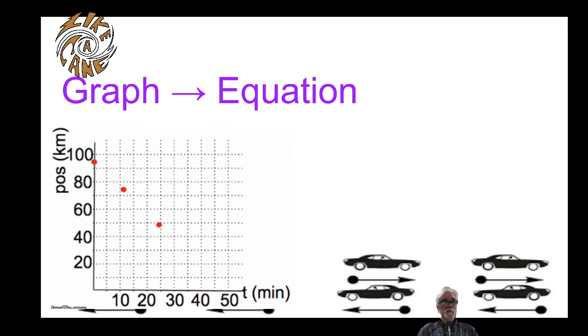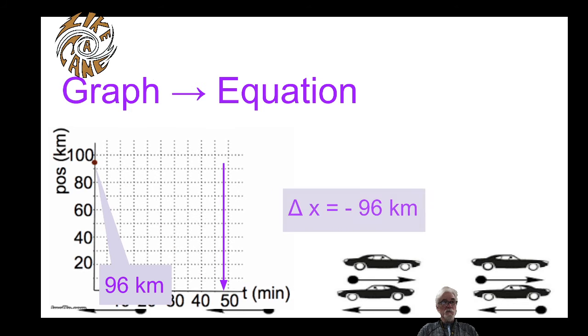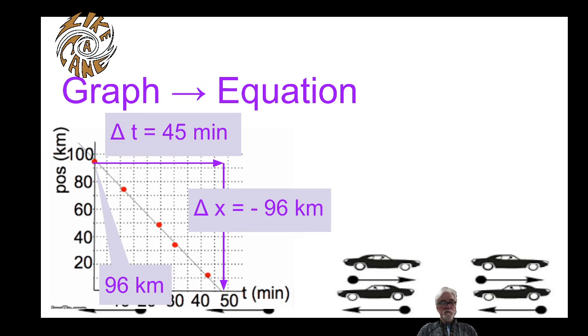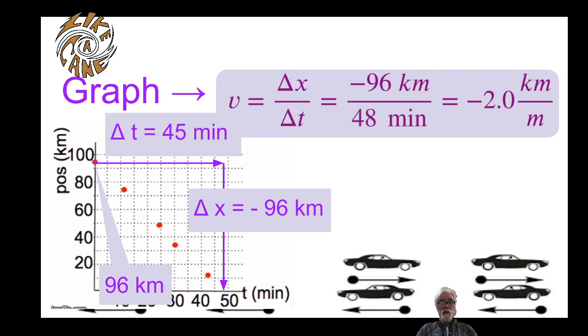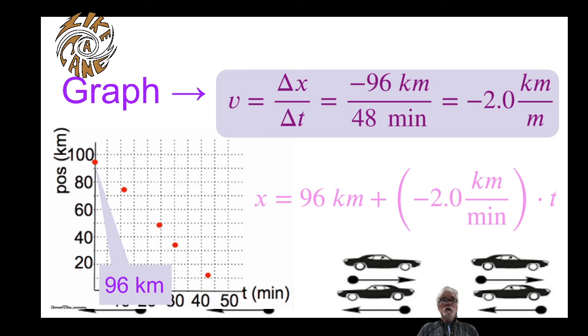Let's do another one. Here, the starting position is 96 kilometers. The displacement here is negative because the position is decreasing over time. And that's going to make the velocity also negative. So when we calculate this, it's negative 96 kilometers over 48 minutes, not 45 minutes. Read that wrong. And we get negative 2 kilometers per minute. So there's our final equation. And the plus a negative 2 could be replaced by just minus 2: 96 kilometers minus 2 kilometers per minute